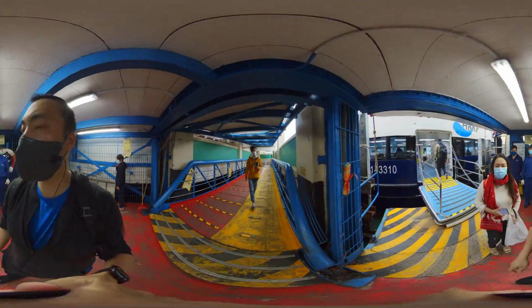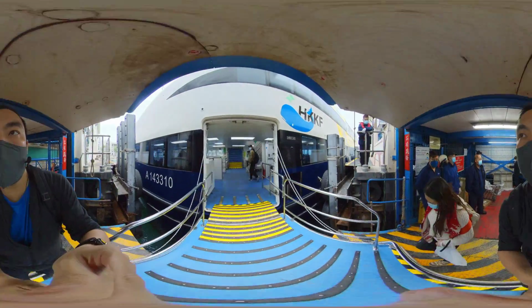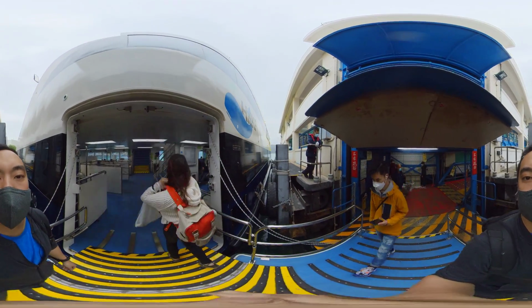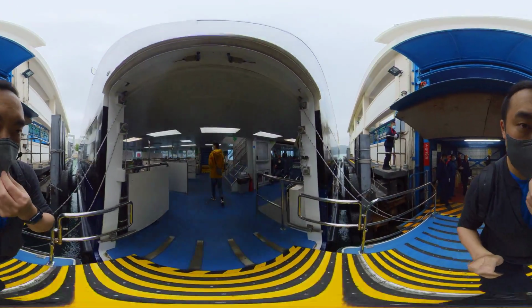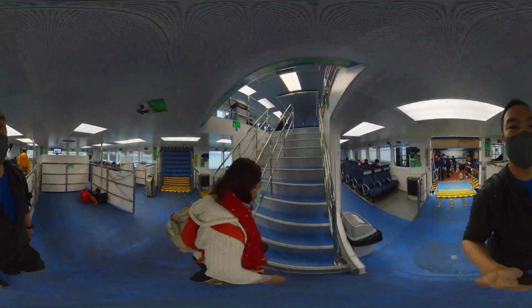So we had to rush, but we're getting on the ferry from Peng Chau, and we're going to head to Central. This is the entrance, and look, it's another fast ferry, the same one I took on the way here. You want to go upstairs,